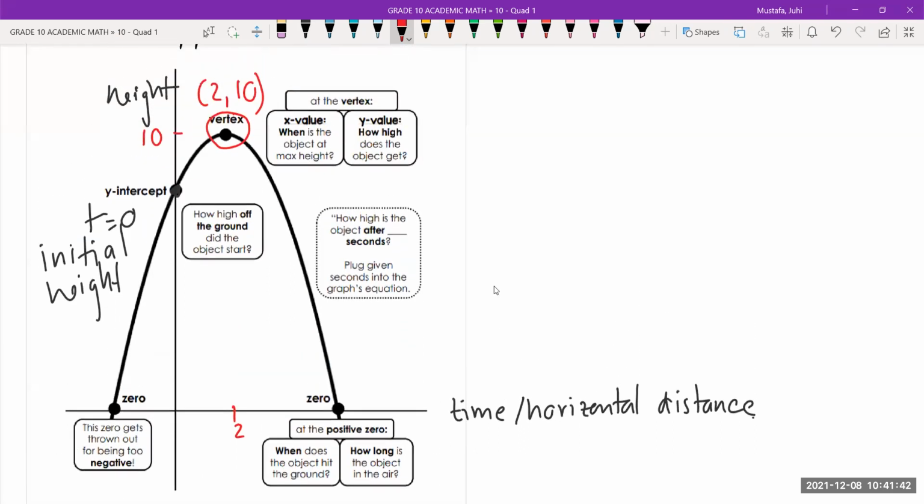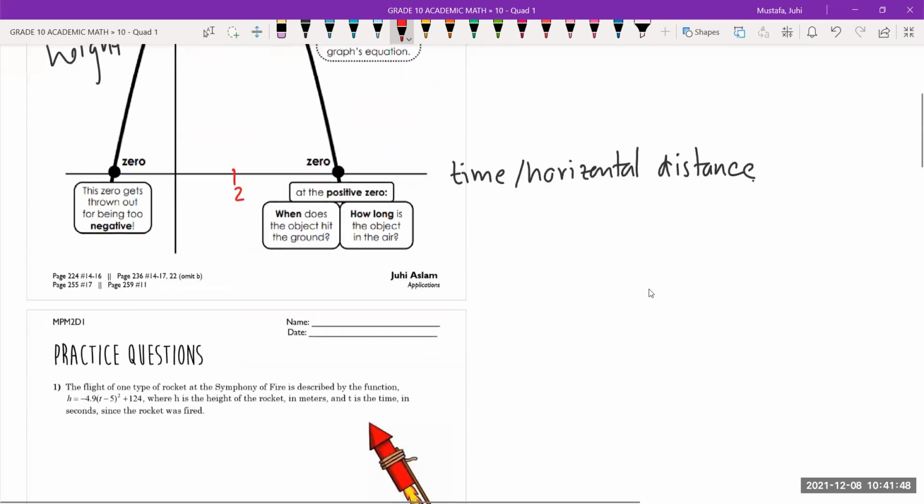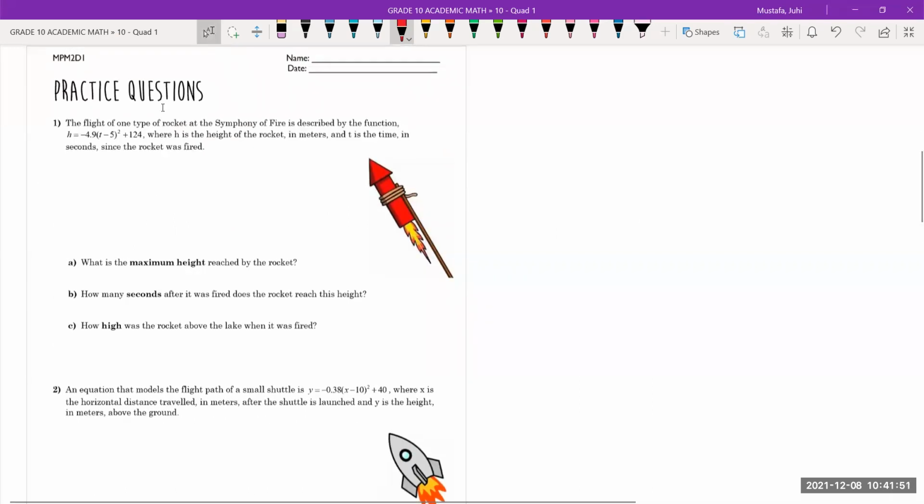Okay, so we're going to do a bunch of questions that involve this. Just keep referring back to this diagram if you want, just as a reference. Okay, so question number 1